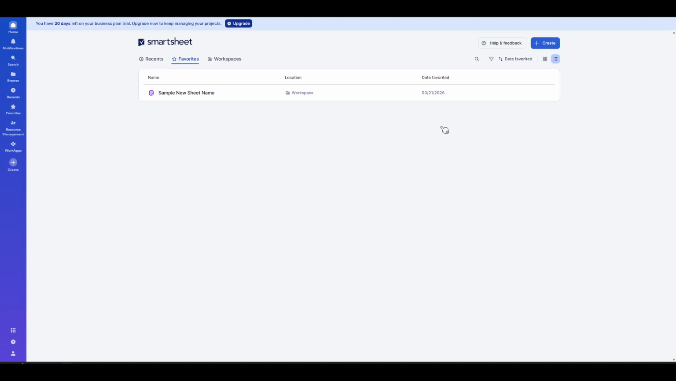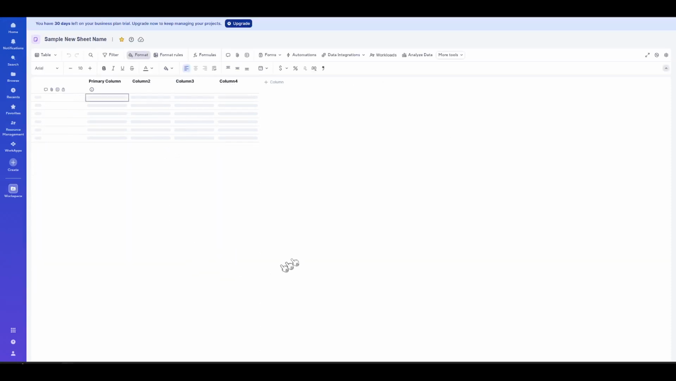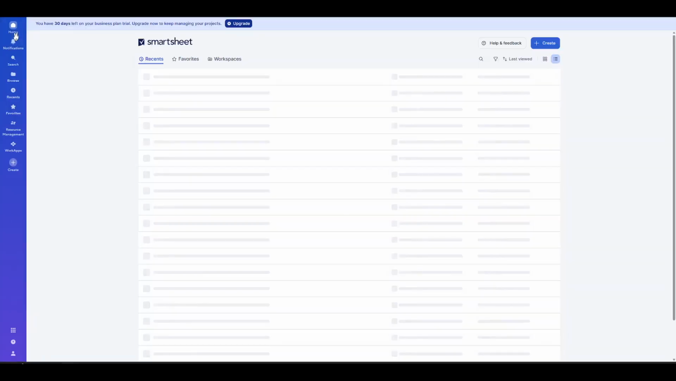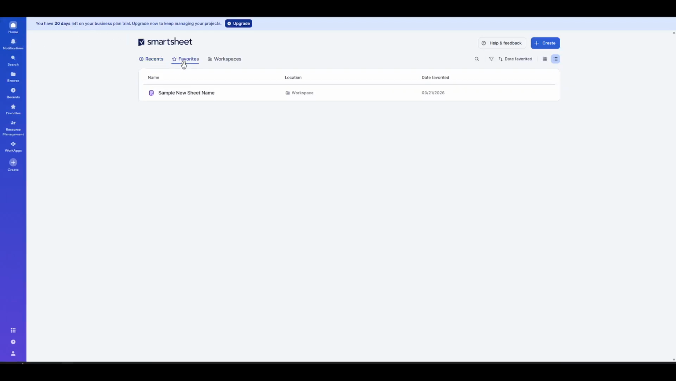Once you're in Favorites, you can open any item straight from this view, and you can always navigate back to other areas using the same left sidebar. If you ever want to switch context, click Recent to pick up where you left off with other files, or jump into Workspaces to find content organized by team or project. The main idea is that whenever you want instant access to your go-to sheets and reports, Home, then Favorites is